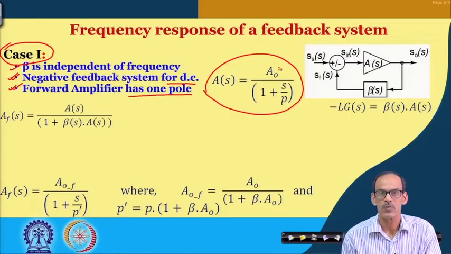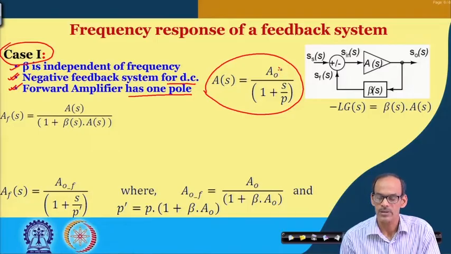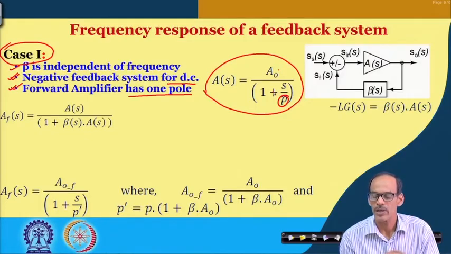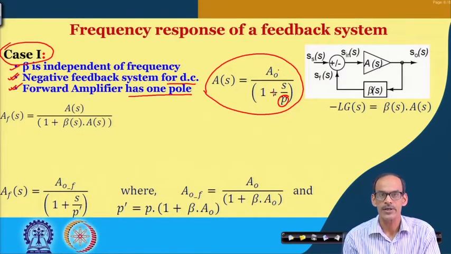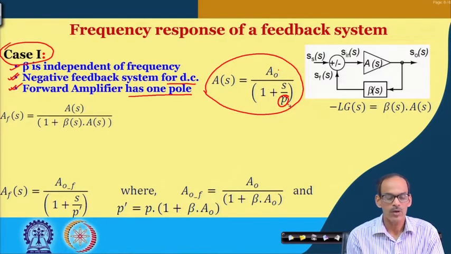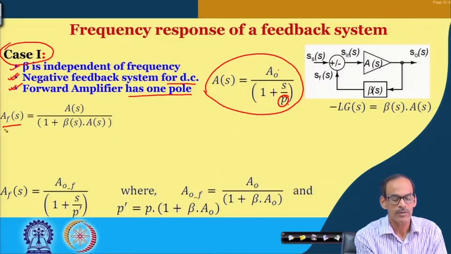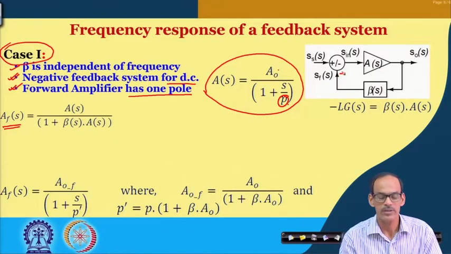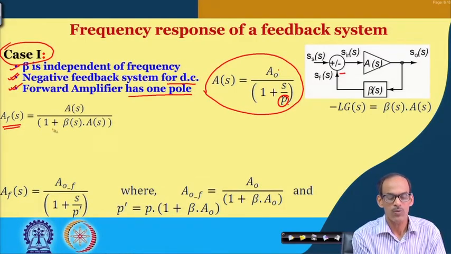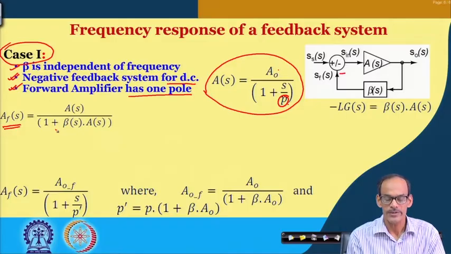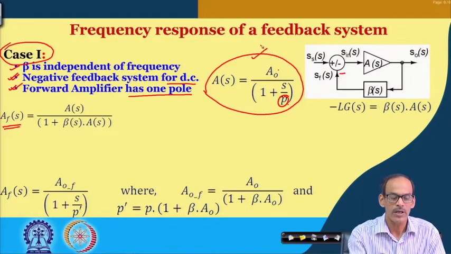A naught is the low frequency gain, or you can say almost the DC gain, and then it has a pole at s equal to minus P. So, this pole is in the left half plane, and of course, the system is stable. Now, if you recall, the feedback system transfer function, assuming a minus sign here, is A(s) divided by 1 plus beta into A(s), and A(s) is given here and beta is